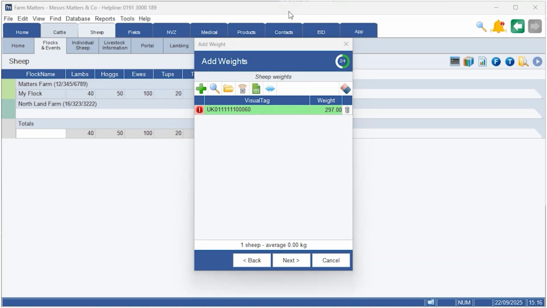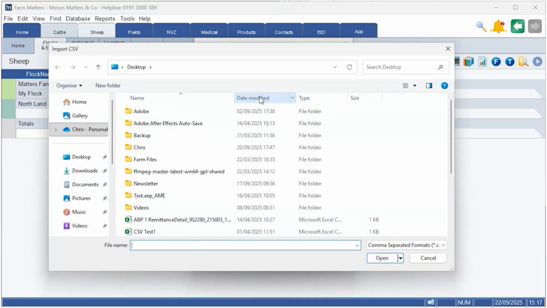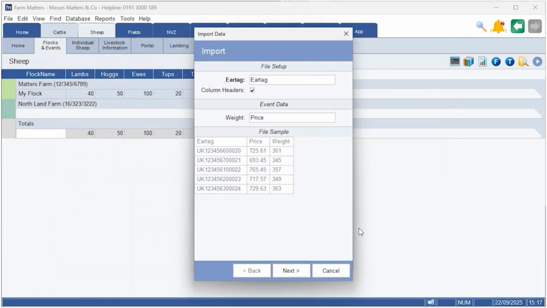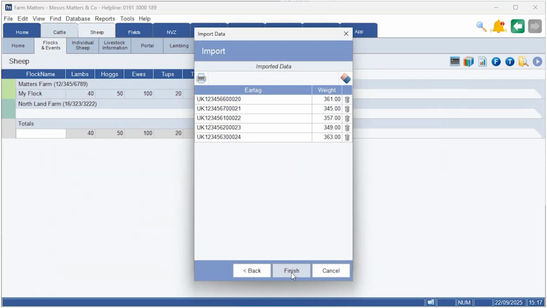You can also import animals into this grid using a CSV file by using the button here. We can then choose the file and click Open, and then for the event data we'll choose Weight. If we then click Next and then Finish,